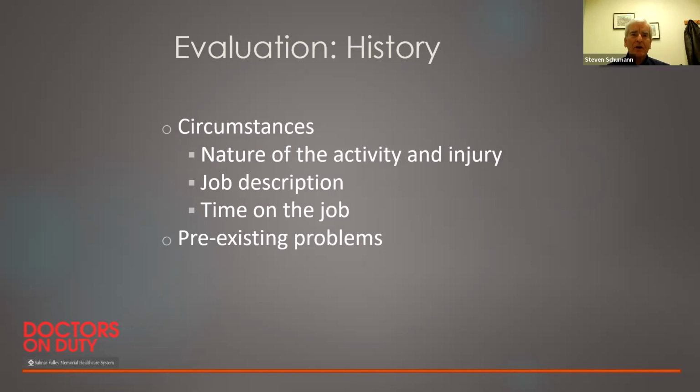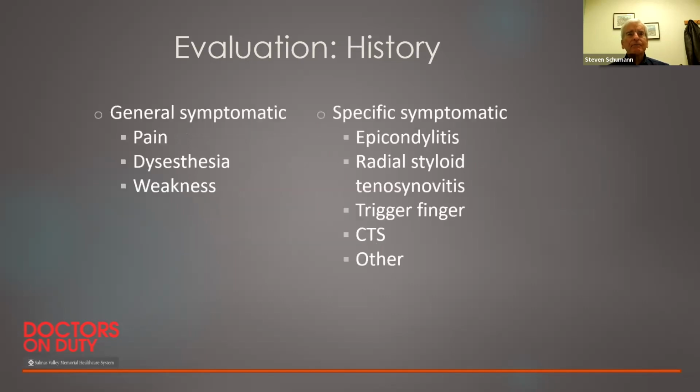If they had this before, have they had anything like this before? Did they have it and it was treated and it went away? Did they have this problem, never went away, persisted, got better, and then now it's getting worse? And that'll influence what our decisions are about at least causal relationship to the job and a temporal relationship, and then how we manage it. So important is getting an accurate history about what has gone on.